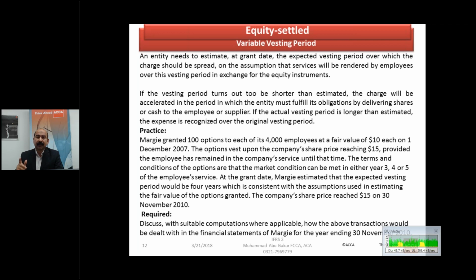So this will give us total remuneration expense of 4 million, and at the end of first year, meaning on 30th November 2008, we know